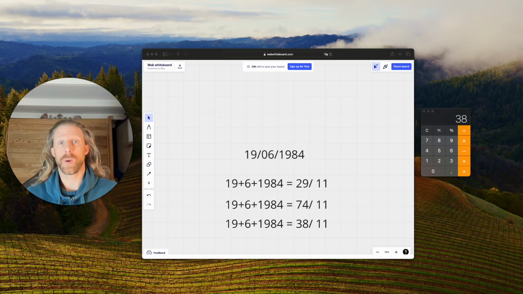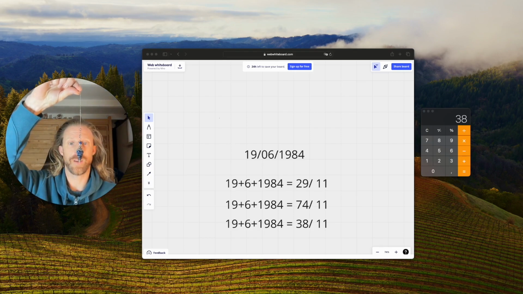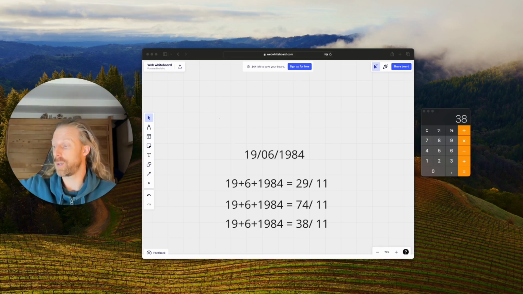So do your own calculations and feel for yourself what works for you. For me, I did an exercise on my own with my pendulum that you can see here on the screen, and it told me what was the correct one for me. You do it in your own way. I also like that because if you're not sure, let's say you did this and you're not sure which one it is,